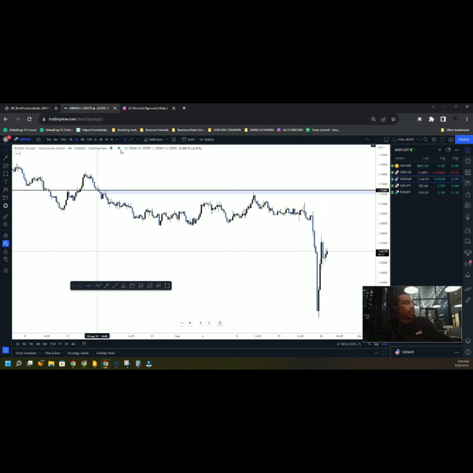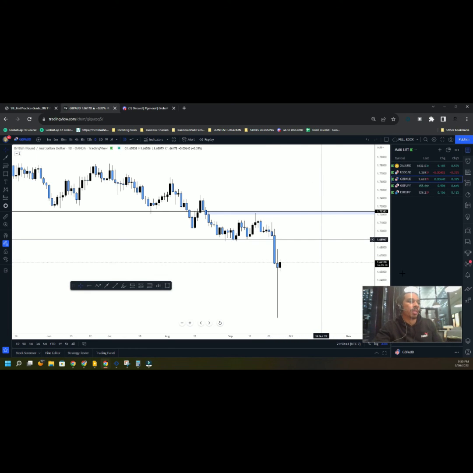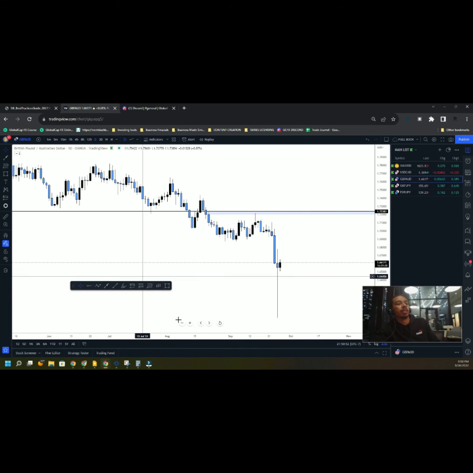What I see here is price could potentially continue to go down. Aside from interest rates and inflation, the energy crisis that's going on right now is having a big impact on the British pound. And for the first time since, I think I heard someone say, 1985. I'm not going to act like it was me who discovered that, but it was somebody else who said it. But the first time since 1985 that